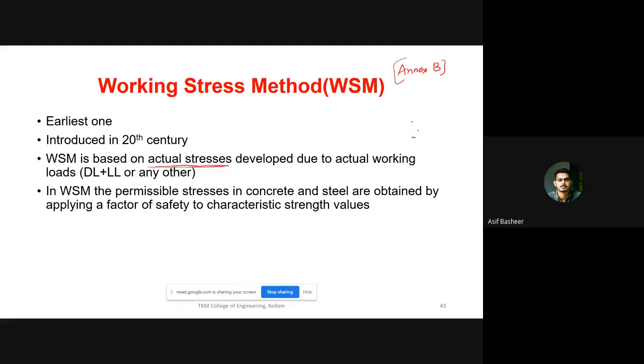For steel, if it has a strength of 450 Newton per mm square, I will say that it's not 415. It will take only up to some value of 230. After that, if I am telling that, they will say that steel has failed in tension. Similarly, for concrete, if it has a strength of 20 Newton per mm square, I will say that it will take only up to 6 Newton per mm square.